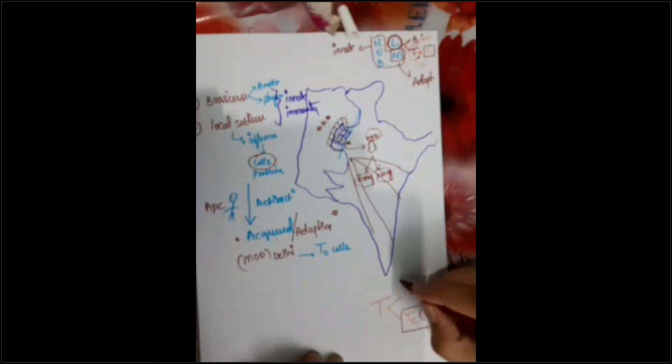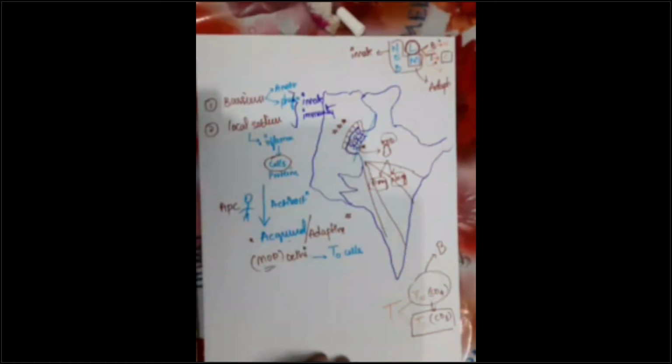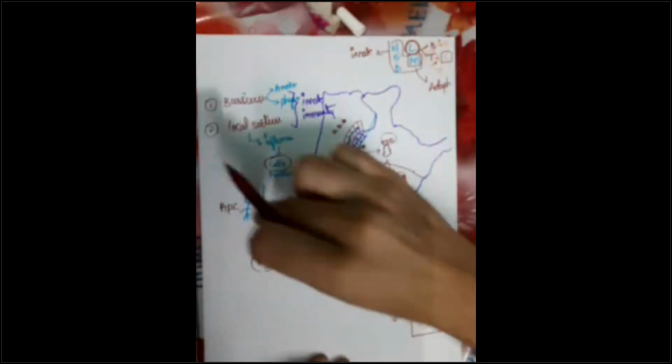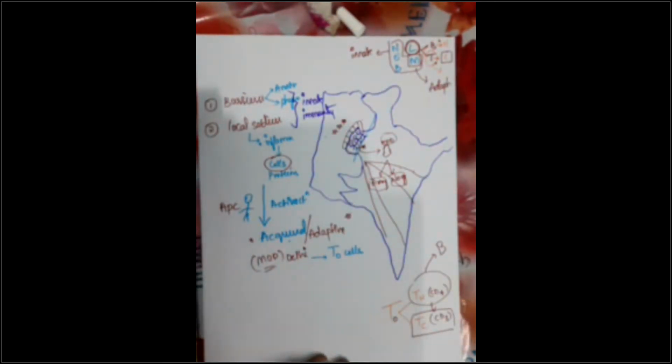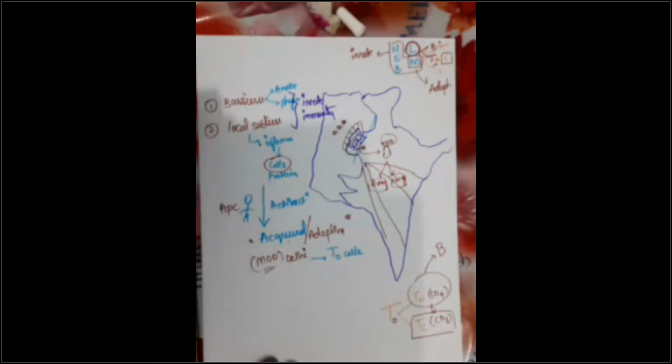This T helper cell will activate both your humoral immunity and cell mediated immunity, guys. So, first to come, who will be your Ministry of Defense? Your T0 cell. This T0 cell will be your Ministry of Defense, which is the first cell to be activated by your antigen presenting cell in order to proceed with the adaptive immunity further. Now, T0 cells are activated. It has to